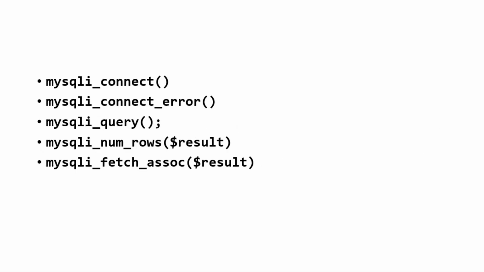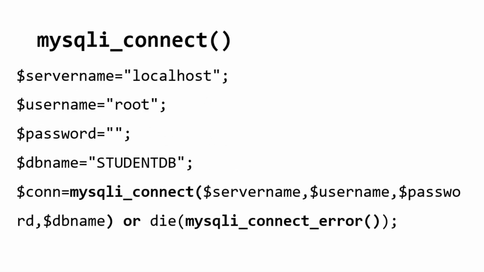These are some functions we are going to study, which are useful in this program. Let us study all these PHP MySQL functions. These functions are provided by the PHP library in order to communicate with the MySQL database through XAMPP. Let us see every function one by one, which is useful for us. The first function we study is the mysqli_connect function.